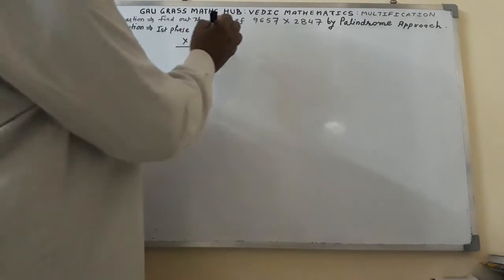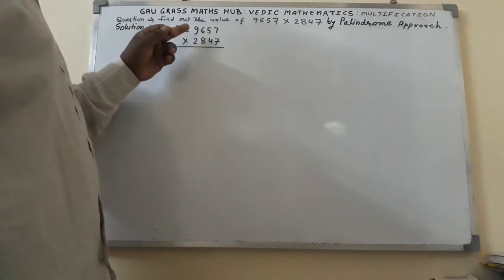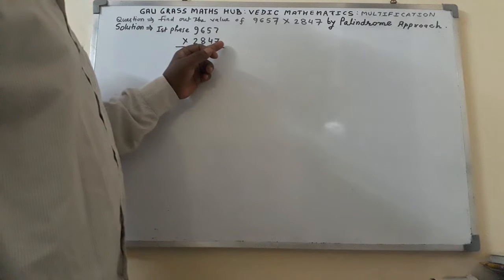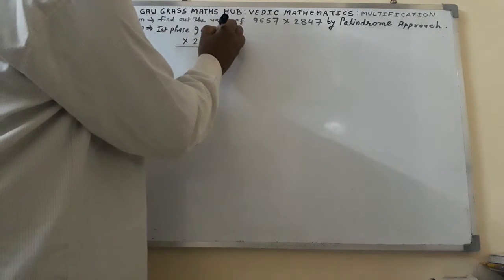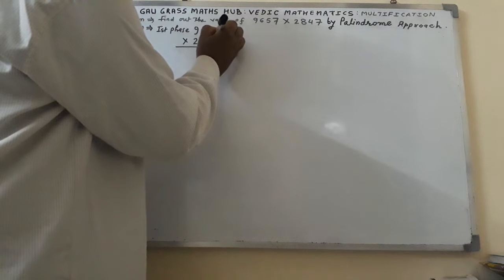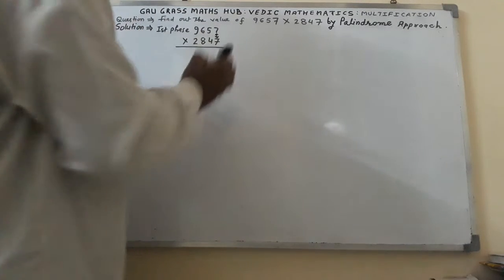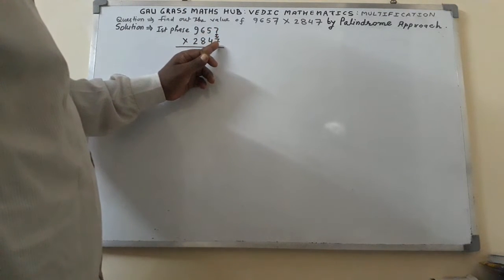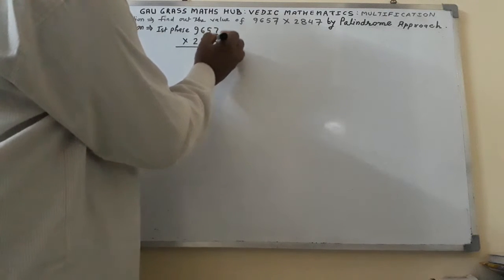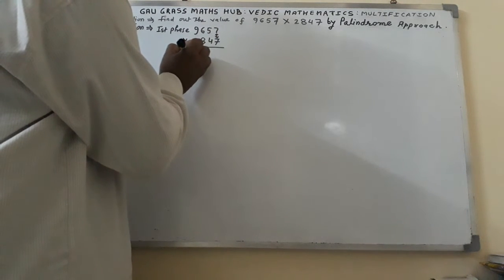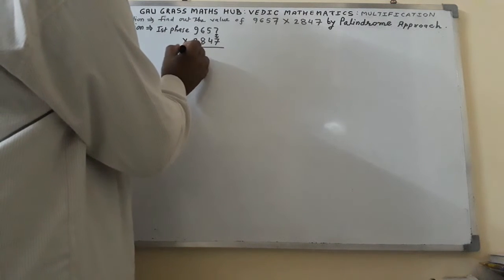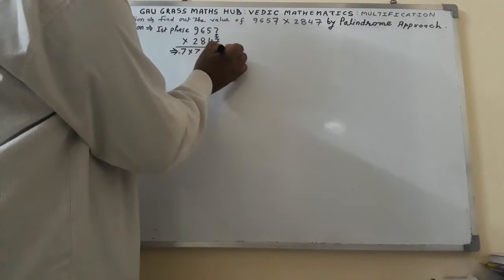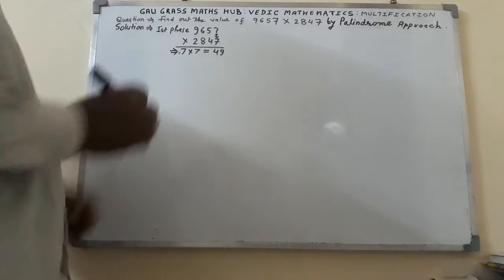In the first page, in the first number the unit place digit is 7. In the second number the unit place digit is 7. So both 7 and 7 will be multiplied. I have made this symbol, which means 7 will get multiplied by 7. Here we will get 7 sevens are 49, implied that 7 multiplied by 7 gives 49. Now phase 1 is completed.